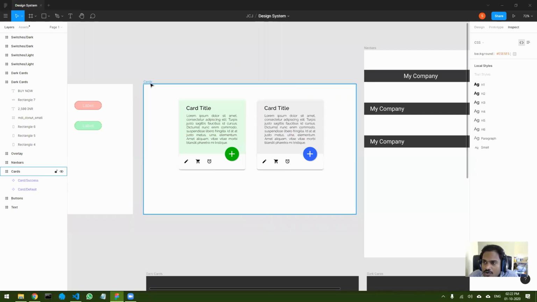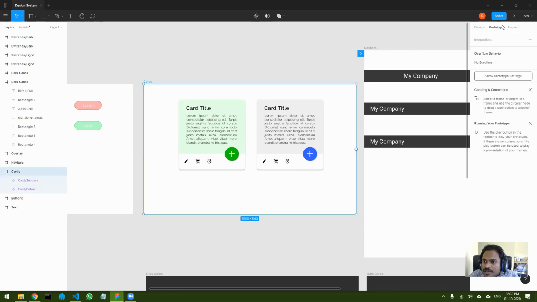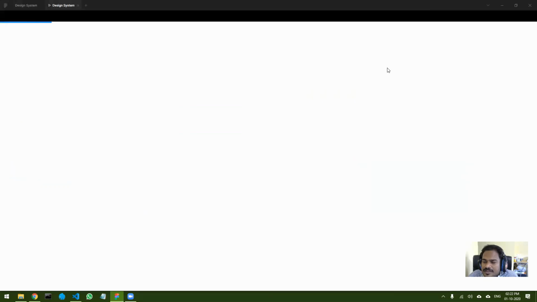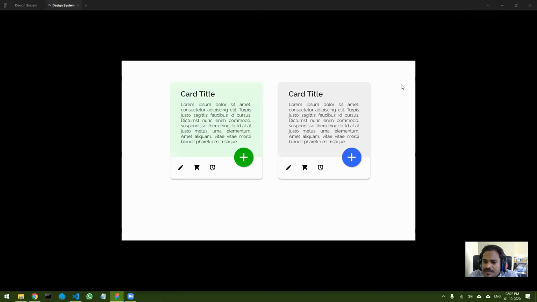Now how to do that? You just have to go to prototype, then press the play button. Sorry, this is not related to Figma.